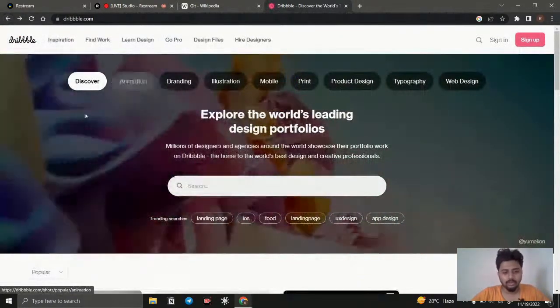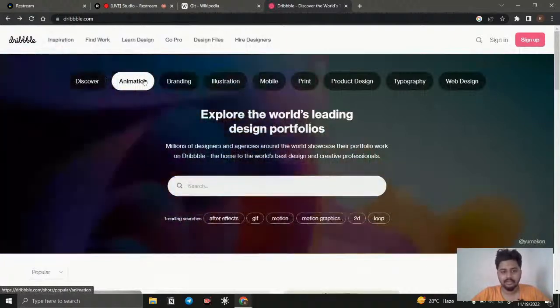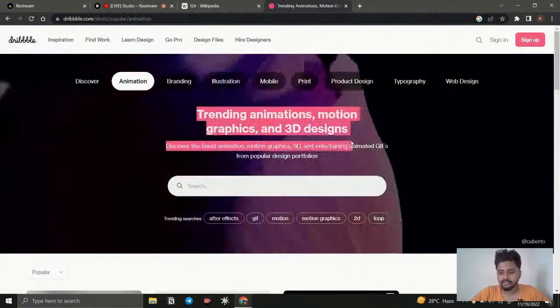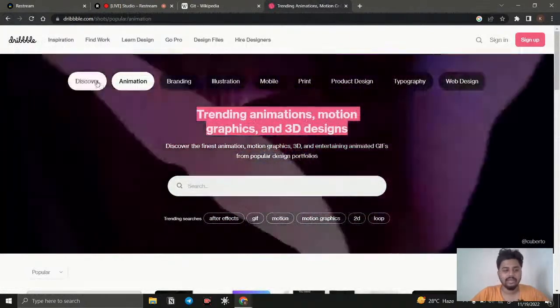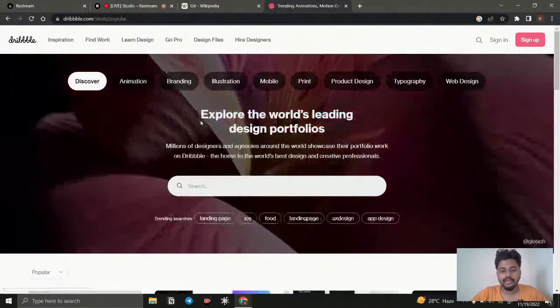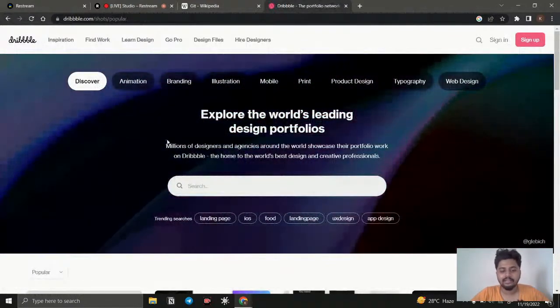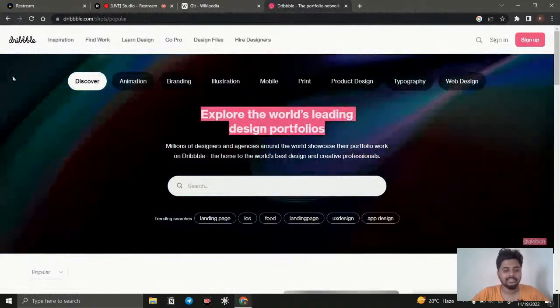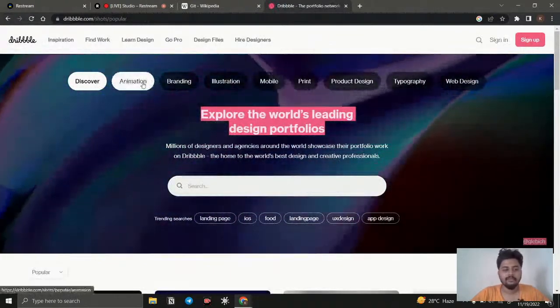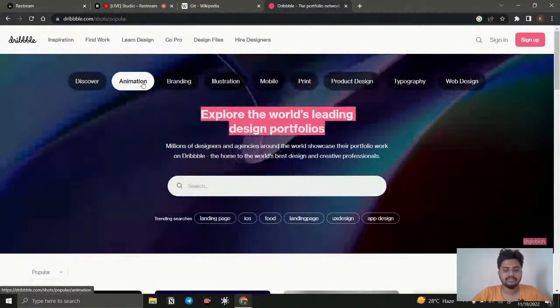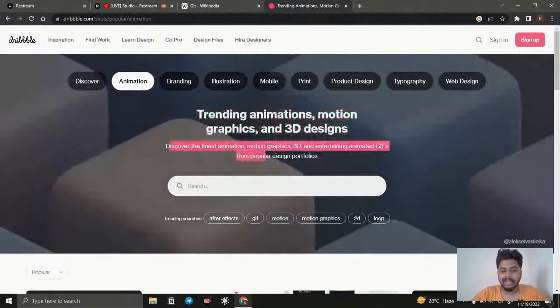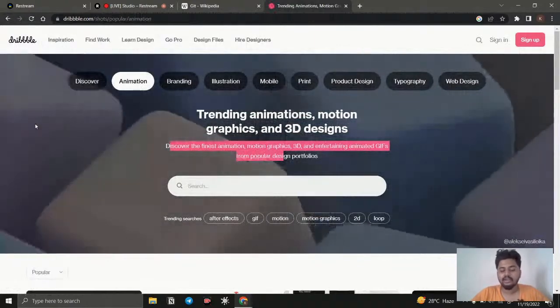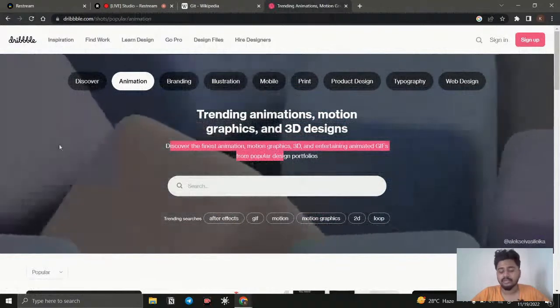But I just want to say, for example, if I click this button, you can see this H1 is getting changed. In the beginning, how does it look? It looks like "Explore the world's leading design", and they have some paragraphs here, and you can see the background color. When I click this animation button, you can see it takes some time and then it changes. The H1 is getting changed, the paragraph is getting changed, and you can also notice that the background property is getting changed. It is using another animation, but it is changed.